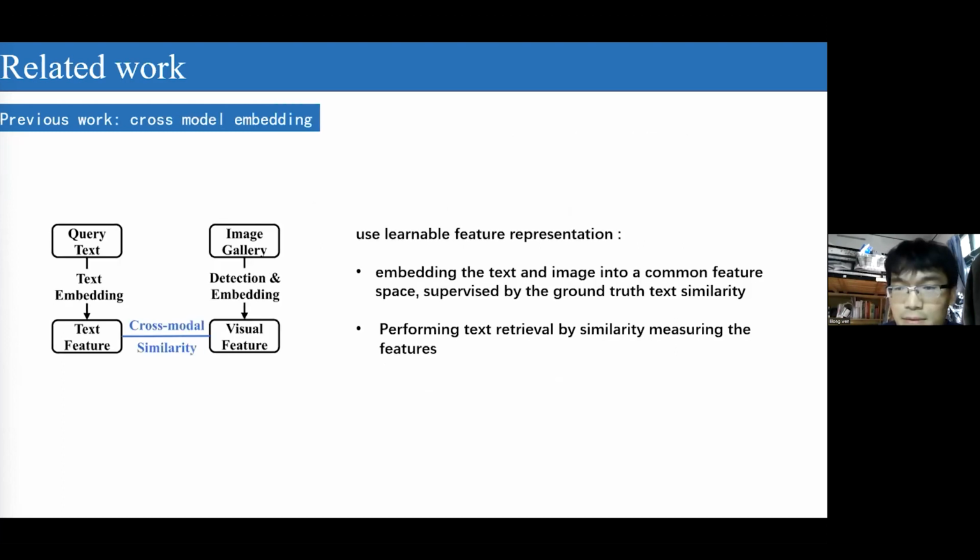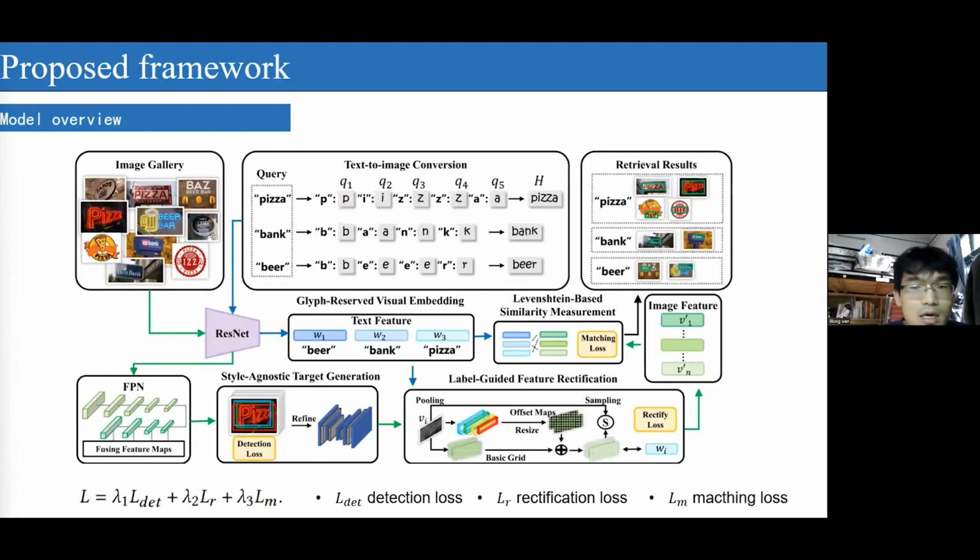To address the issue of the word coding method, the cross-modal embedding method uses a learnable feature representation and uses the edit distance between the query text and the ground truth text contained in the images to supervise the learning process of common space embedding. In particular, if the query text matches the images, the learned features in common space should be similar too. In this paper, we make the first attempt to reduce the cross-modal syntax retrieval into a visual matching task